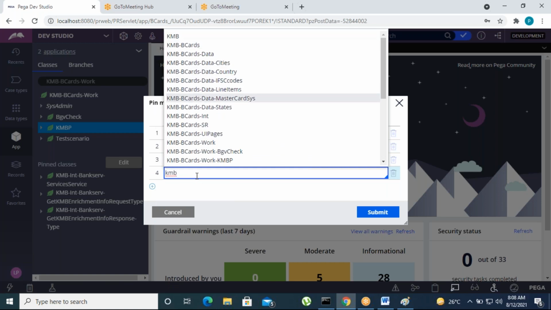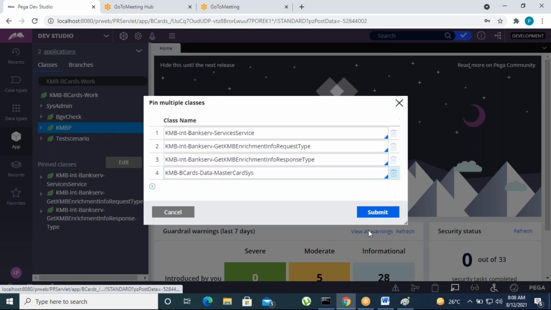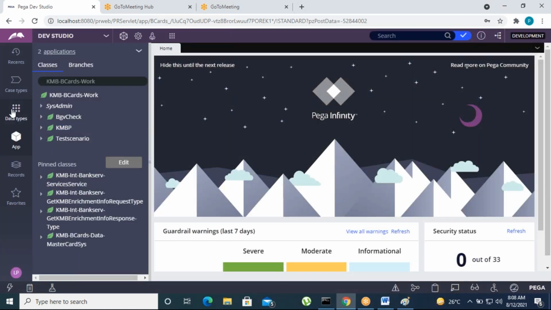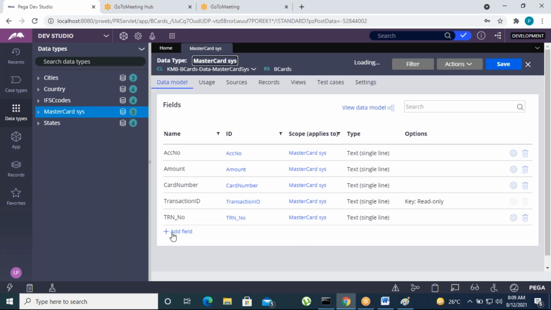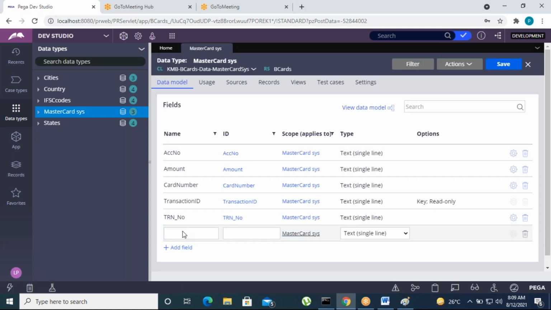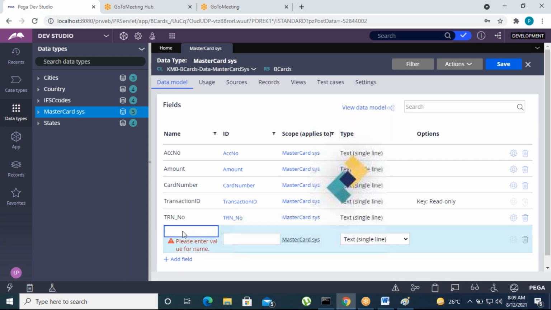Open the Mastercard data table. Suppose in the Mastercard system, some customer is making pin code changes and all. Suppose you don't have any pin code field, and you add the pin code field. This is one of the interview questions: how to add a new column to an existing data table.